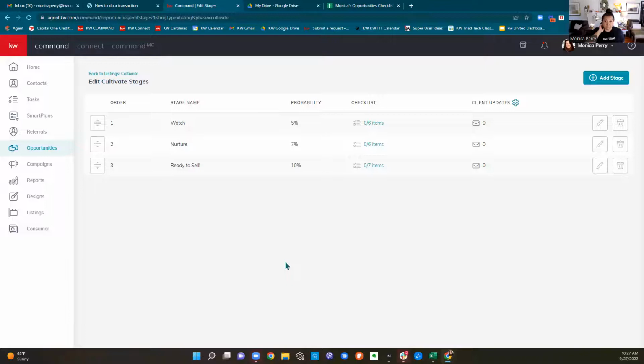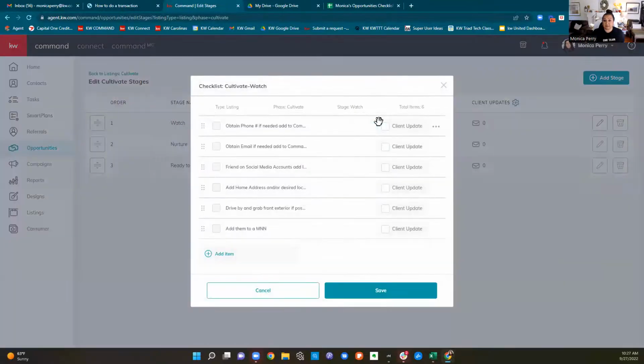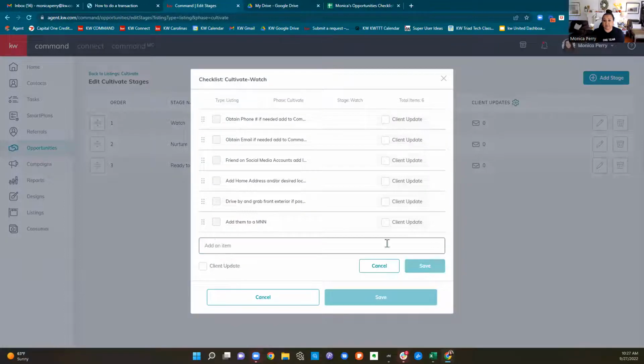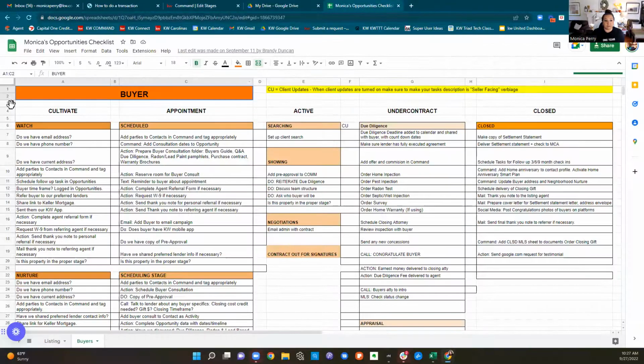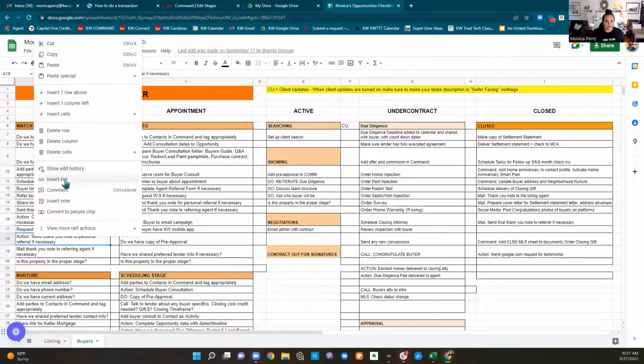If I could set these checklists up for you guys and give them to you, I would, but I just don't have that capability in Command yet. I've requested that capability, but I don't have it yet, right? So you're going to click into your checklist, cultivate, watch. You're going to click add item, which gives you a checkbox. You're going to come over here, cultivate, watch, click, copy,